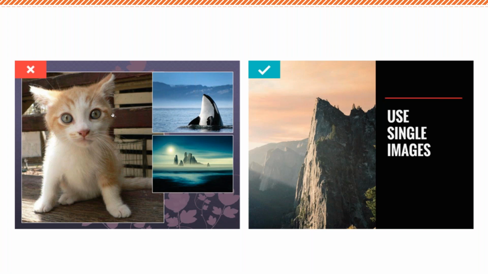So what would you do instead? You would choose which one of these messages you want to tell on this slide, essentially. Let's say we want to focus on this kitten, we would make him full screen. Get rid of the background, just make that cat be the center of focus on that slide. Or you could do something like the right-hand side where you've got it blocked out. You have your image, and then you have this black rectangle over here where you could put text or whatever, however you wanted to style that essentially, okay?